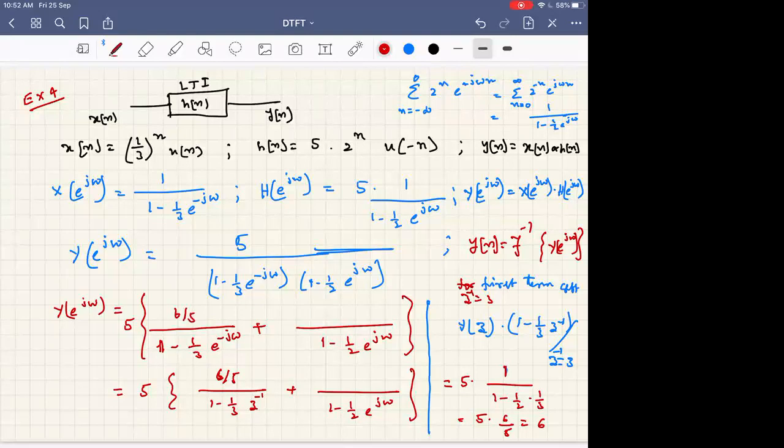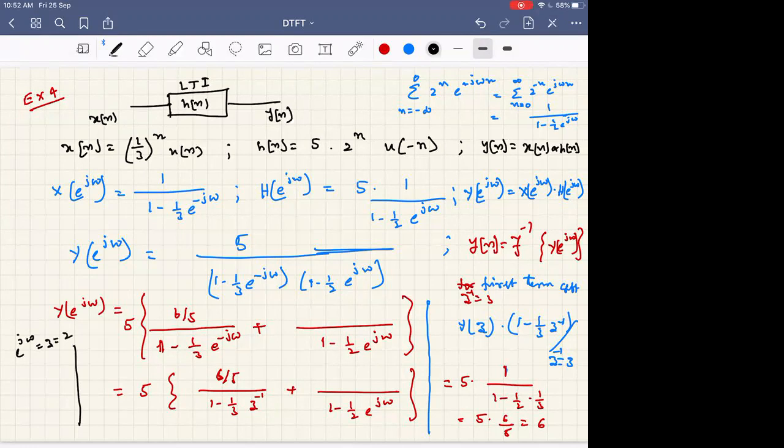So you can find the second term. I think each of you can quickly find the second term and tell. So 3 by 5. Yeah. So now if I substitute, what I would like to substitute is e power j omega, we are writing z is equal to 2. That's what I am trying to substitute.